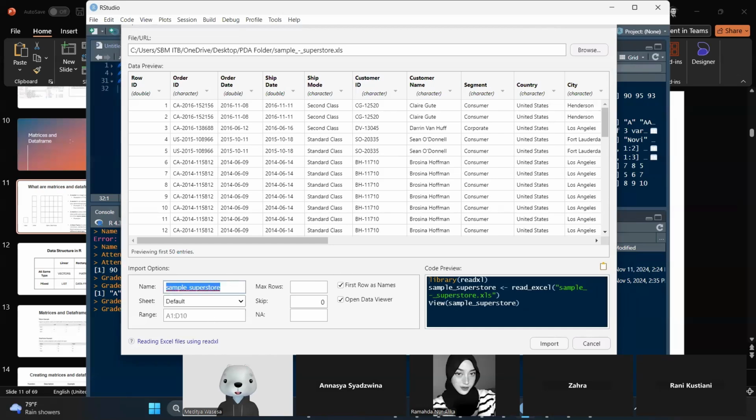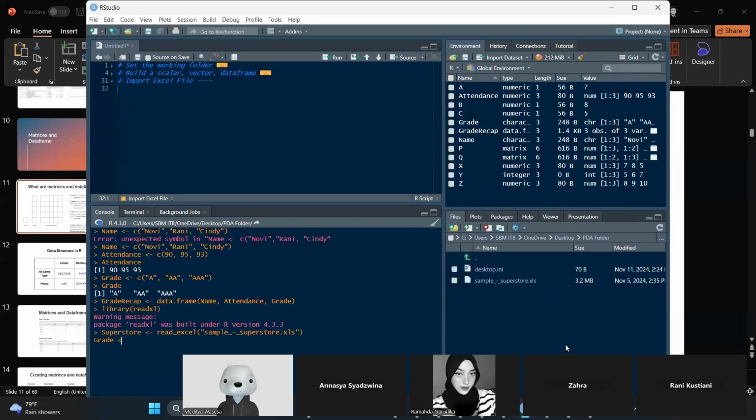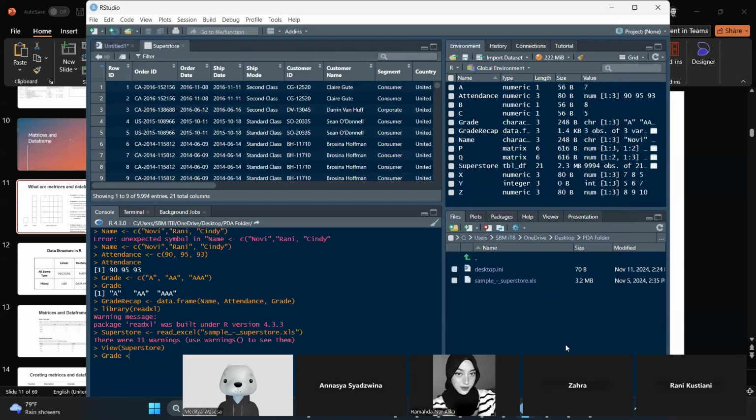The name of the data frame will be Superstore, with a capital S. And then I import it. Once I import it, I will have a Superstore data set. It means that the Superstore data from Excel is already imported into my working memory.